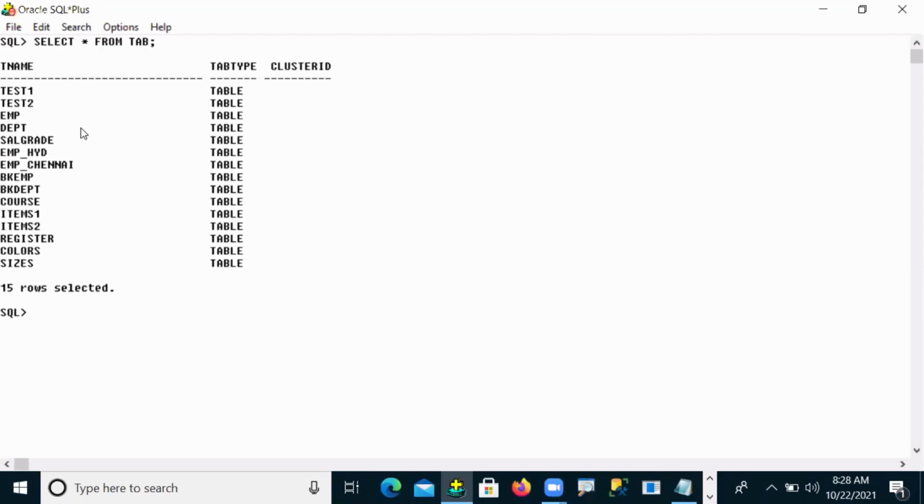Already we have tables which are existing in my database. So these are all called base tables. These are all called base tables, right?